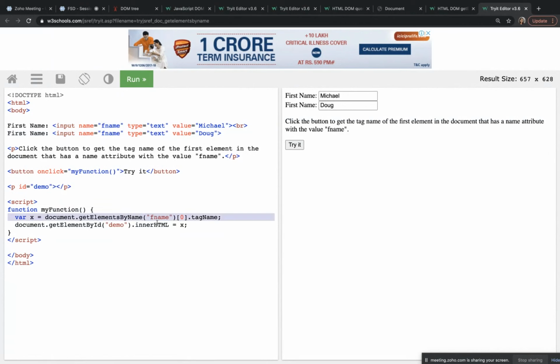So what is f name here? F name is the name. So they are getting it. It is also coming as an array. So they are accessing it of 0. They are just getting this element, and then they are just printing this tag. We won't do those stuffs.